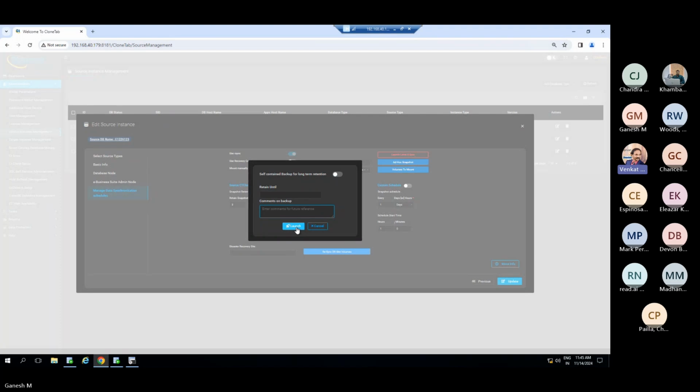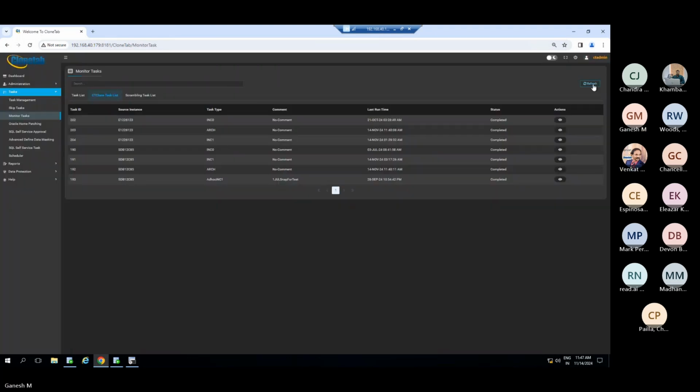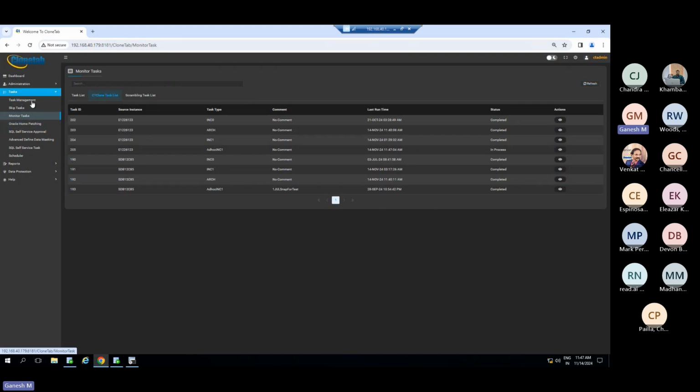Thank you, Ganesh. After launching the ad hoc backup, if we want to monitor whether it is running or not, we can go to tasks and monitor tasks. Here again, we can go to CT clone task list, where you can see the ad hoc we just launched, which is in process.